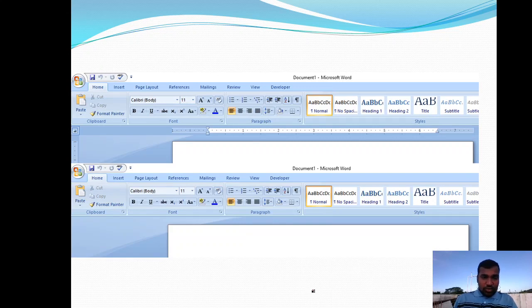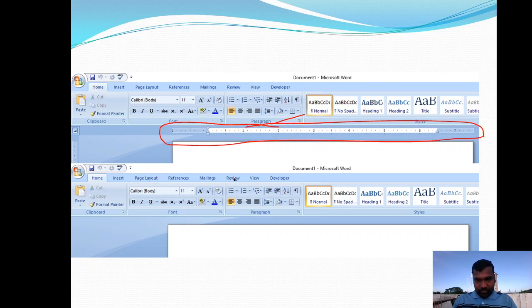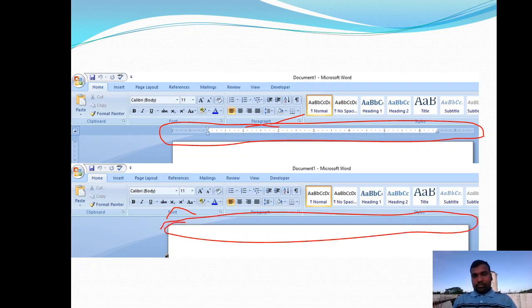Here in these two images you can identify the rulers easily. This is the first image. In the first image, these are the rulers. In the second image, there is no ruler. If the ruler is there, then we can easily perform the